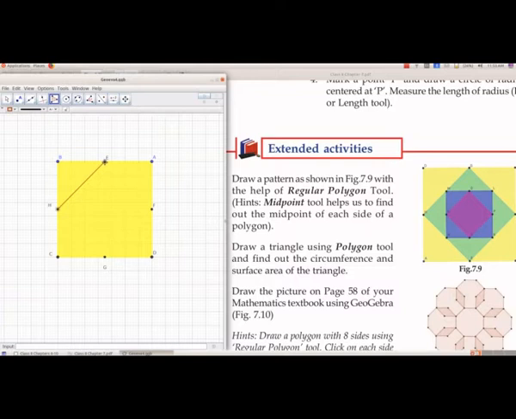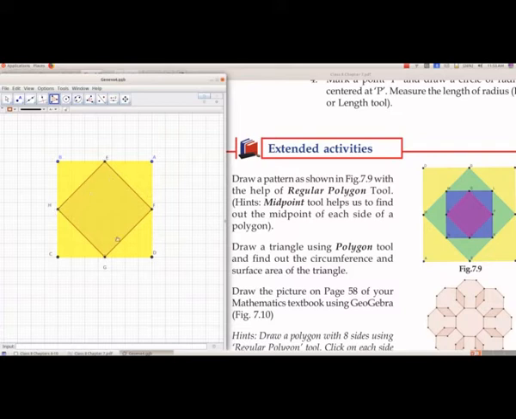Again click once more, and we will select the point F, then click there, move the mouse and select the point G. Select the point G and again move the mouse and click on the point H.